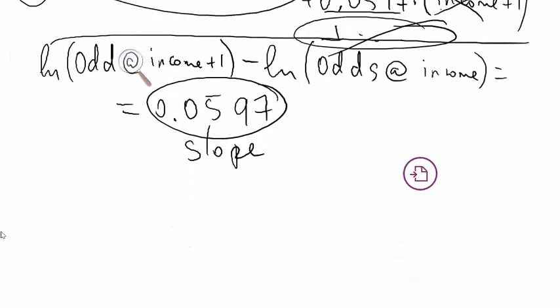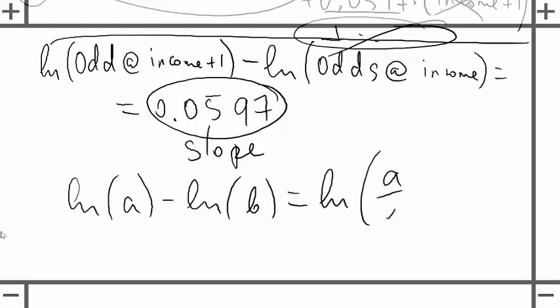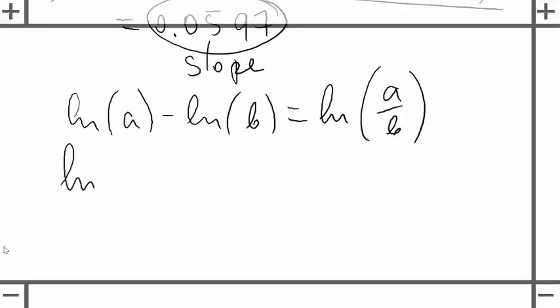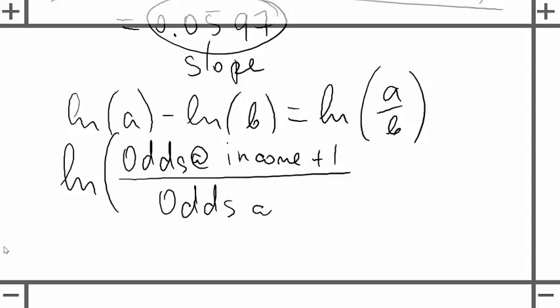And by the way, let's see how much you remember. Natural log of A minus natural log of B is equal to what? Exactly right, ln of A divided by B, right? And that's exactly what I have over here, right? So, let's write it down. ln of odds at income plus 1, income plus 1,000, divided by odds at the old level before I got the raise is simply